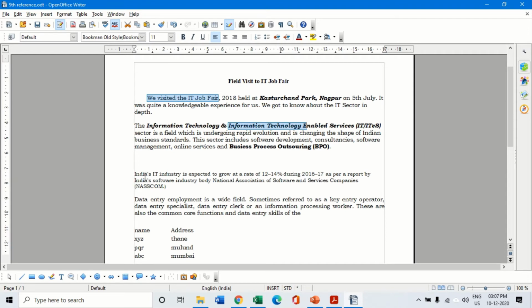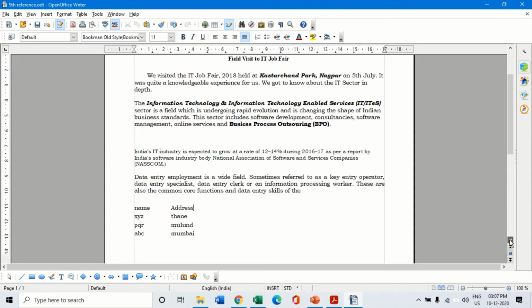Then again the next set, and so on. So for selecting non-consecutive text, we need to select the text, keep the Control key pressed, and select the next set of text we want to select. Now this is about selecting non-consecutive text.